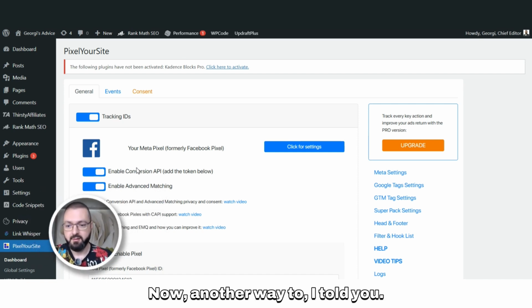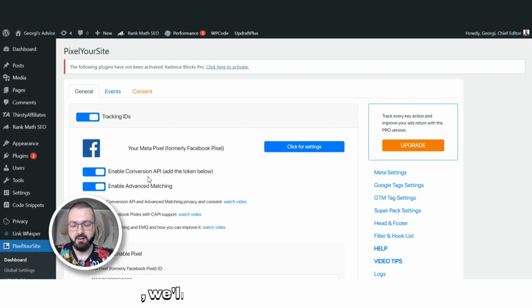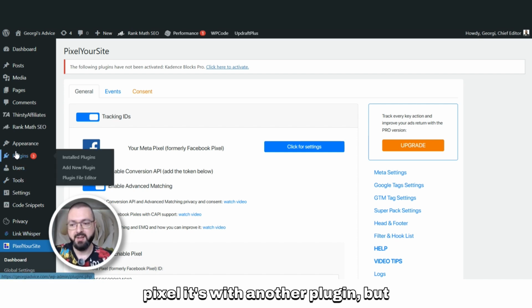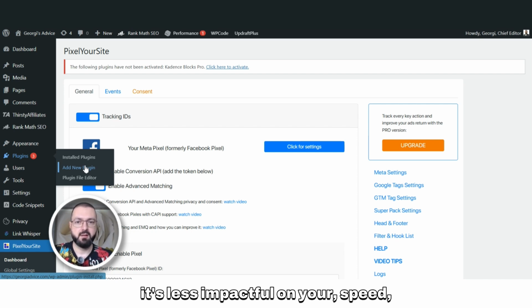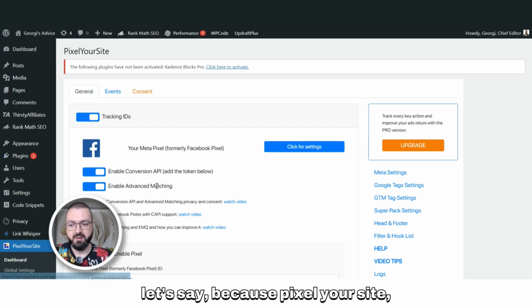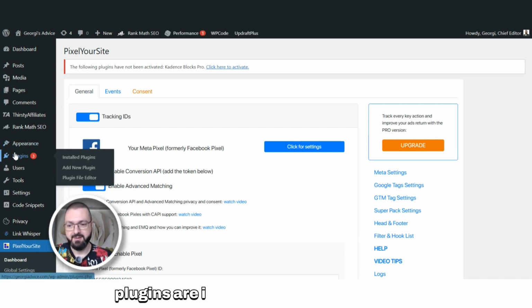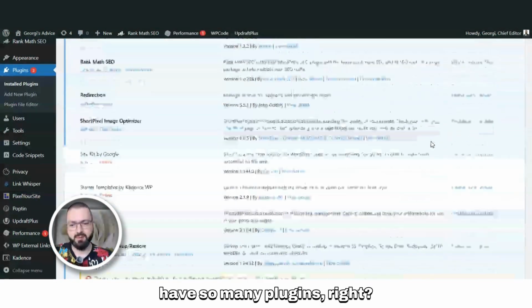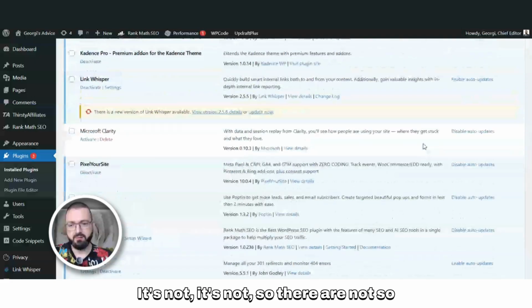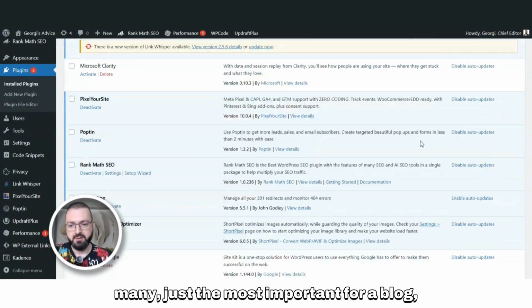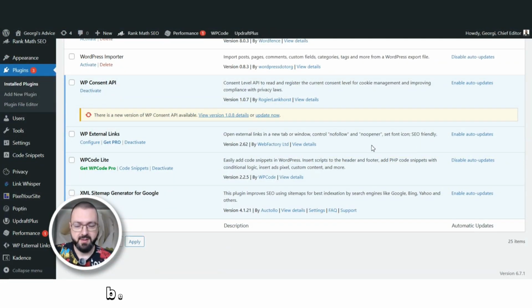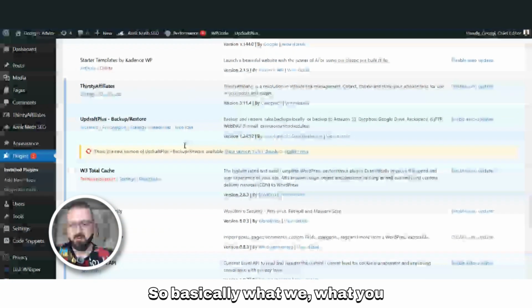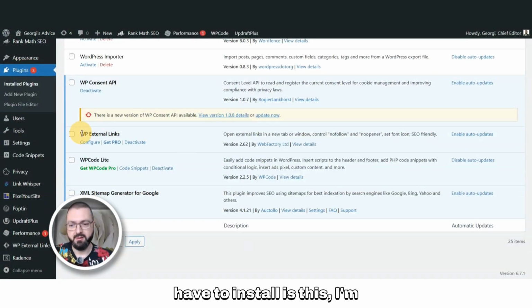Now, another way, I told you I'd show you how to install the Pixel. It's with another plugin, but it's less impactful on your speed, let's say, because PixelYourSite, for instance, and those types of plugins are impacting your speed, right? You can see that I don't have so many plugins, right? There are not so many. Just the most important for a blog, because this is a personal blog, and so basically what you have to install is this